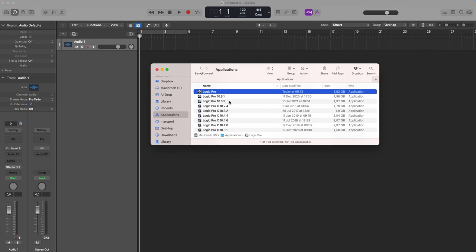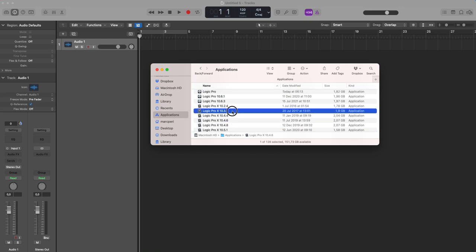So the Apple Store will update only the Logic Pro original name. This is important because if you have some problem with the new version for your plugins and so on, you can revert to any past version.